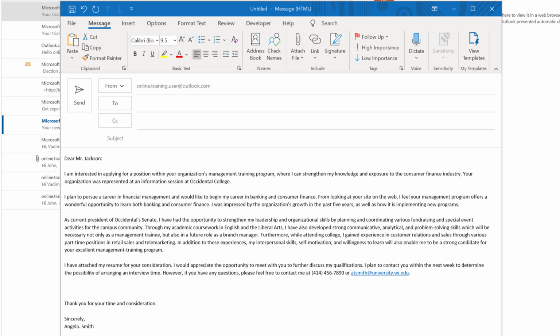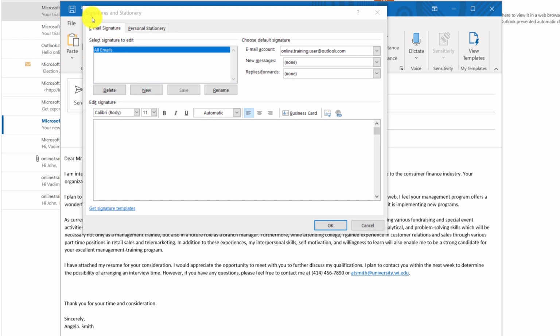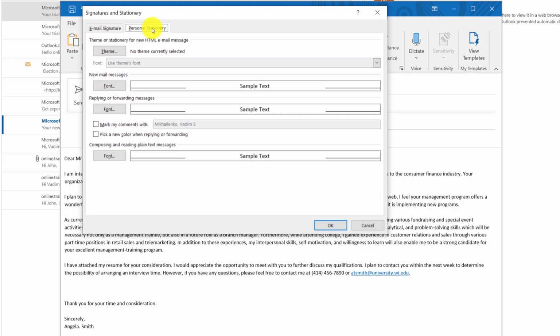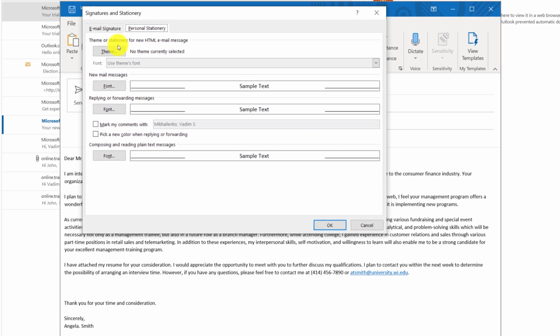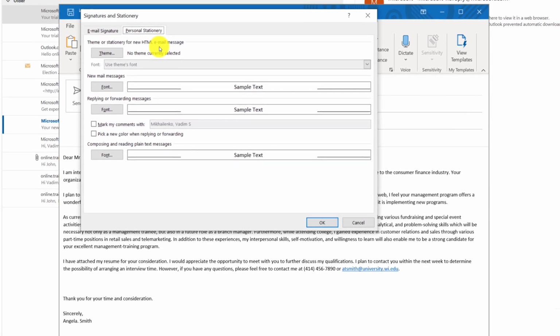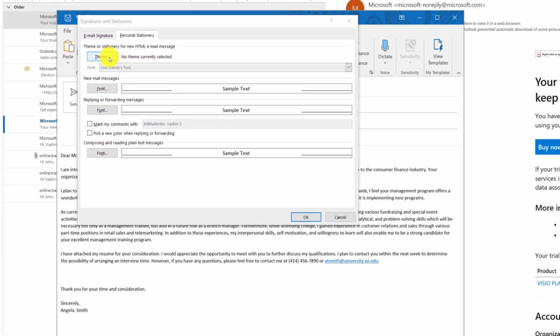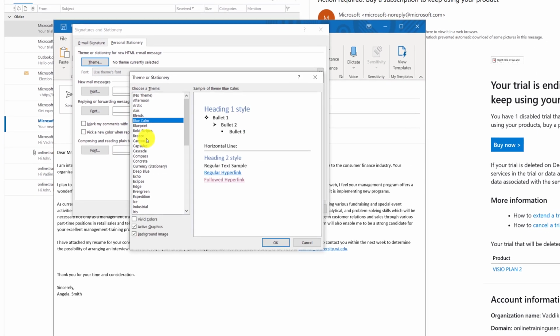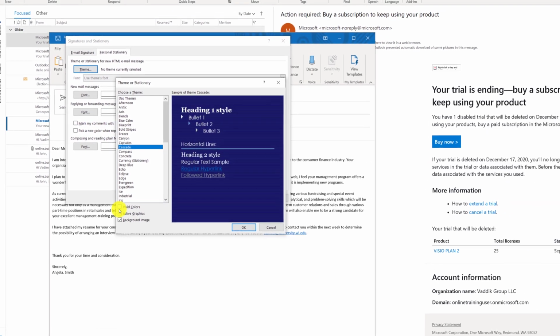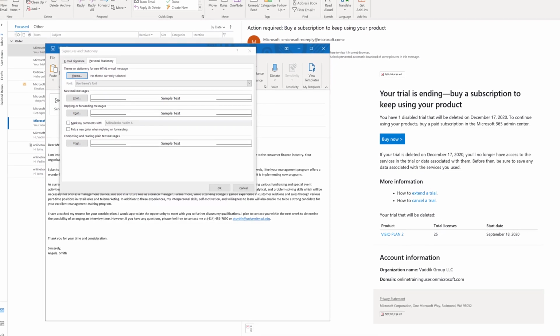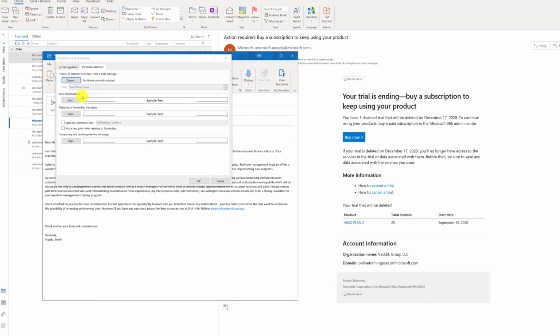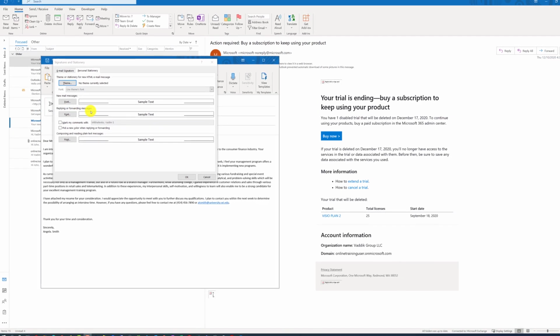If you would like to make a permanent change on how your future email messages will appear, you have access to signature, signatures, and through that you can access stationery and themes. When you navigate to the Signatures and Stationery dialog box, you can navigate to the Personal Stationery tab, and this would allow you to define how theme or stationery for new email messages will appear. You can define among the list of predefined themes and select the one that you like. You can also select some additional attributes for the particular theme. You can also define font for new email messages, as well as for replying or forwarding email messages right here in